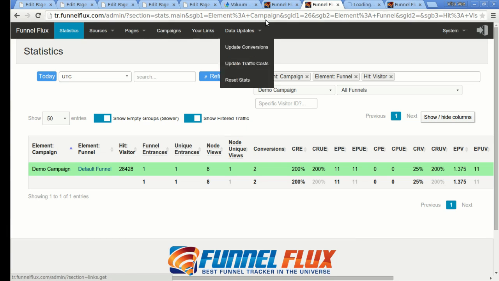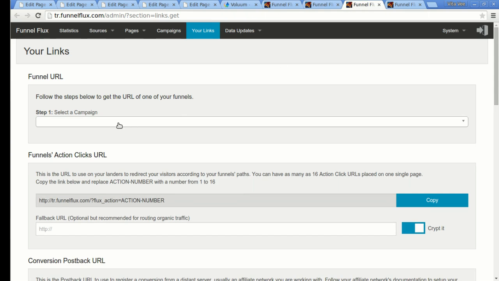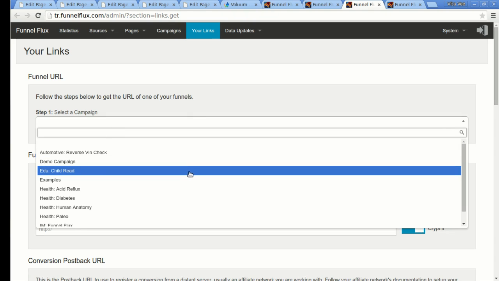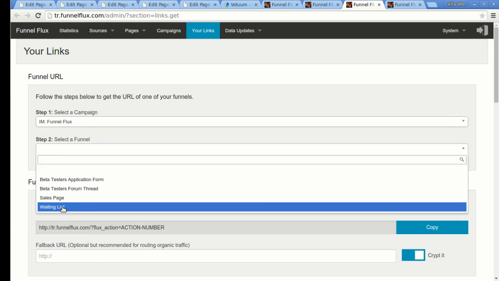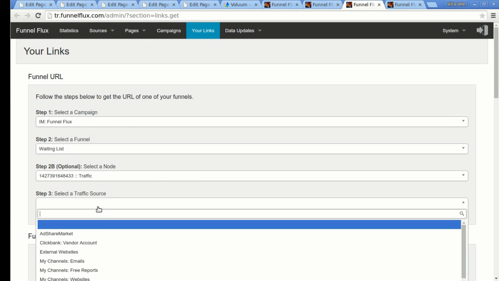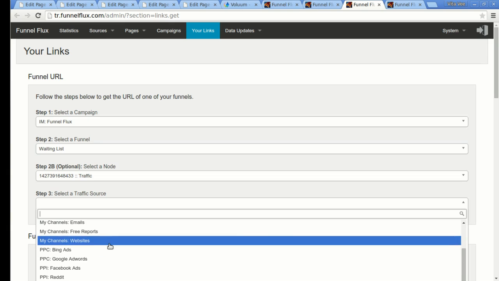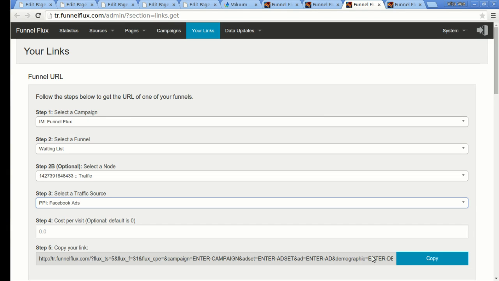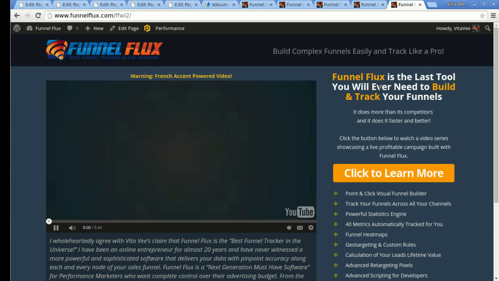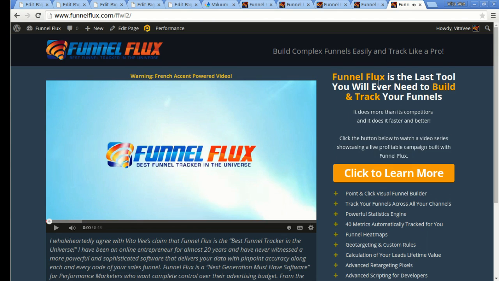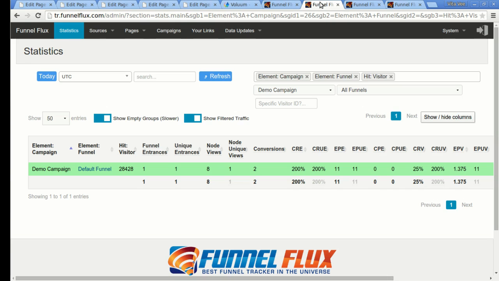We're going to send traffic to another funnel. Let's take the Funnel Flux campaign, and I want to send traffic to the waiting list opt-in page from, let's say, Facebook. So let's take this, and let's enter this here. Okay, so I have been redirected to this quiz page, and now if we go back to the statistics,